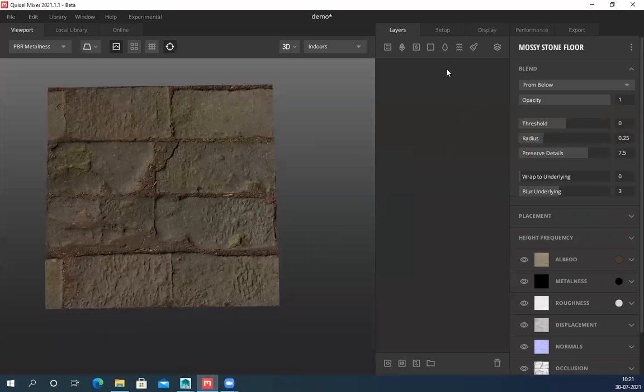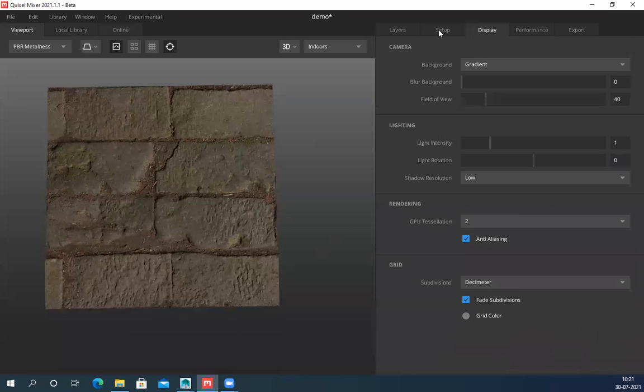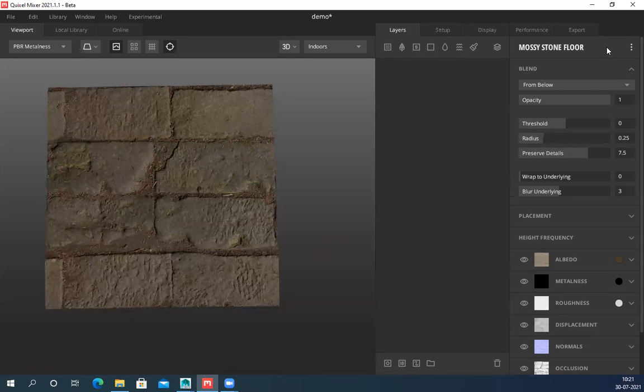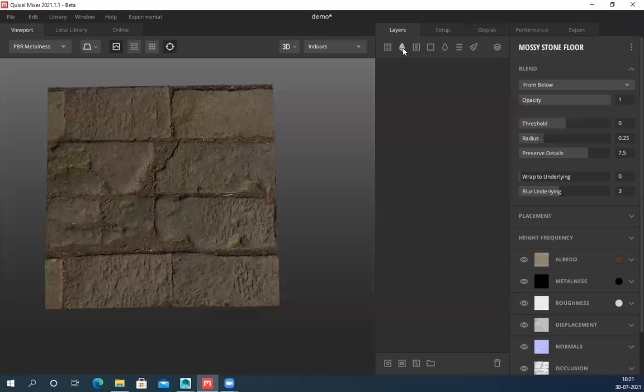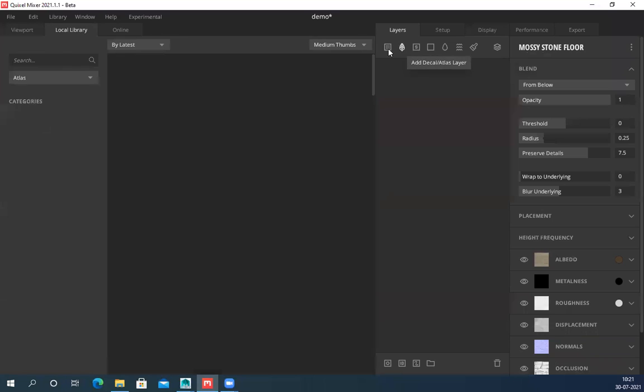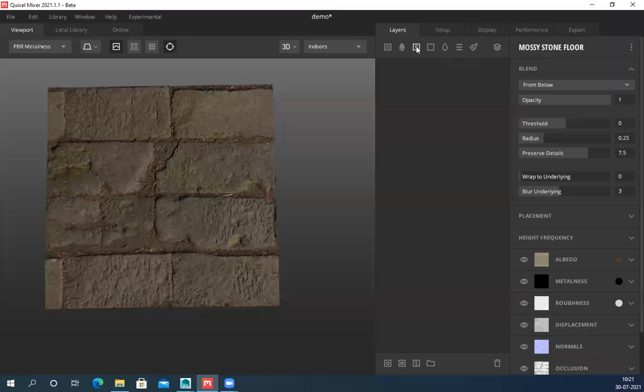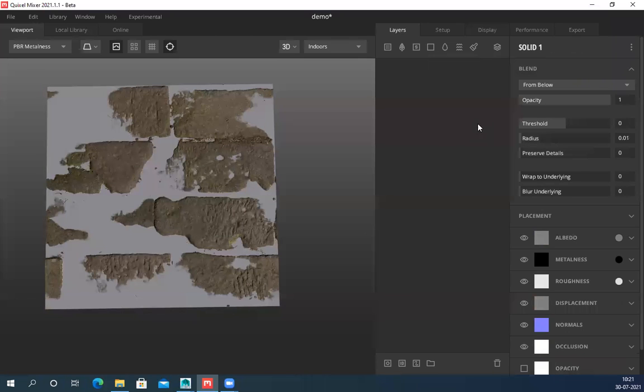Yeah. Why can't I see anything? Where did that layer go? Why is it not showing anything?